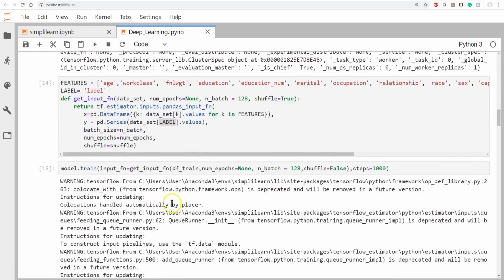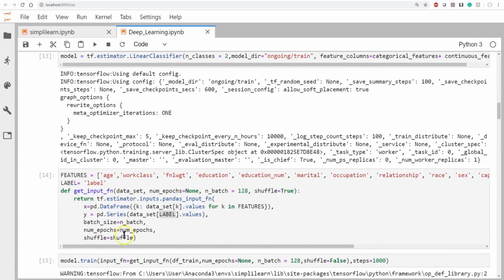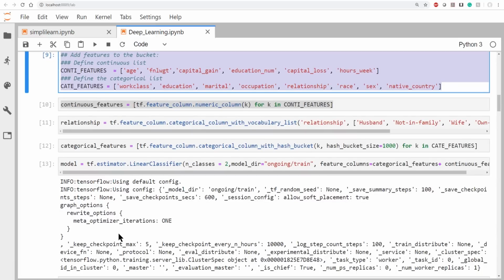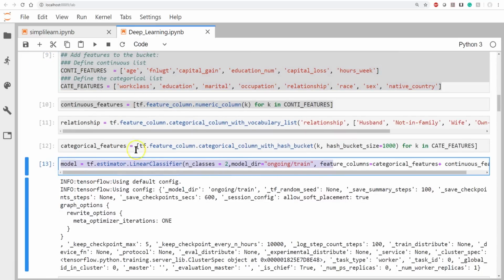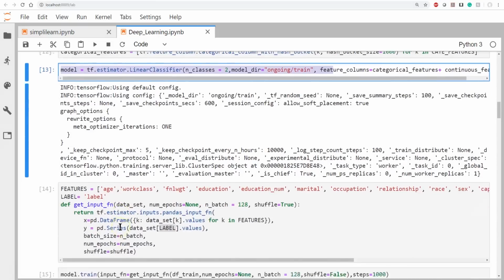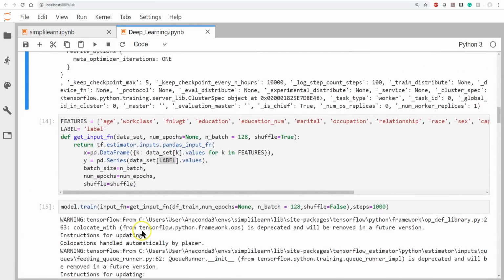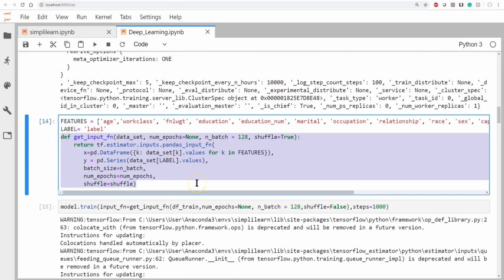We went in there and we showed you how to, where was it? Here we go. We go back up here. So we create our model. The model knows what categories are coming in. That's really important. And this is probably one of the more complicated parts of this, our input function. And this input function is so important, so I want to just rehash the input function for that reason. This lets us know how we're pulling the data. It lets us know if we're going to go through all the data 20 times, or we're just going to let TensorFlow itself keep going until the training model reaches a point.